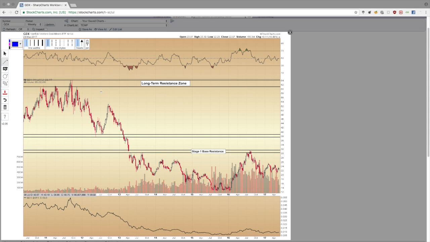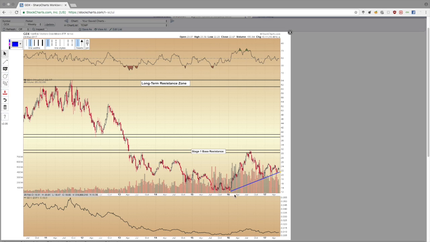And I like to color code my trend lines. Yes, I like to make things look pretty and eye appealing, but it's not just about that. It's also eye catching. I like to have my trend lines really catch my eye and show me from a quick glance what is actually happening here, so that I don't have to guess so much. So the colors have a reason in my system.